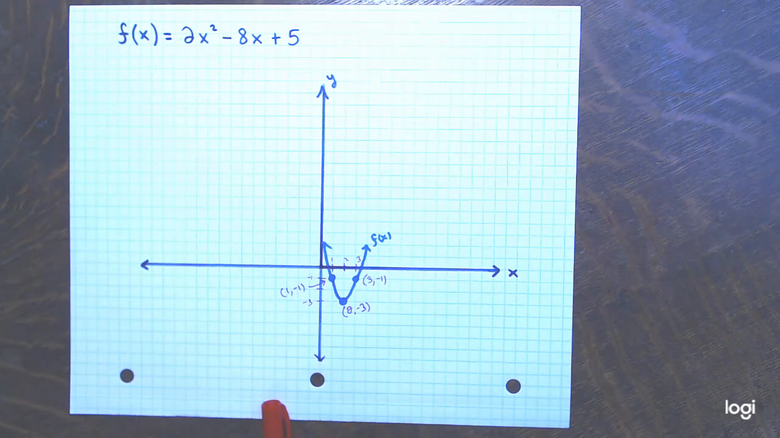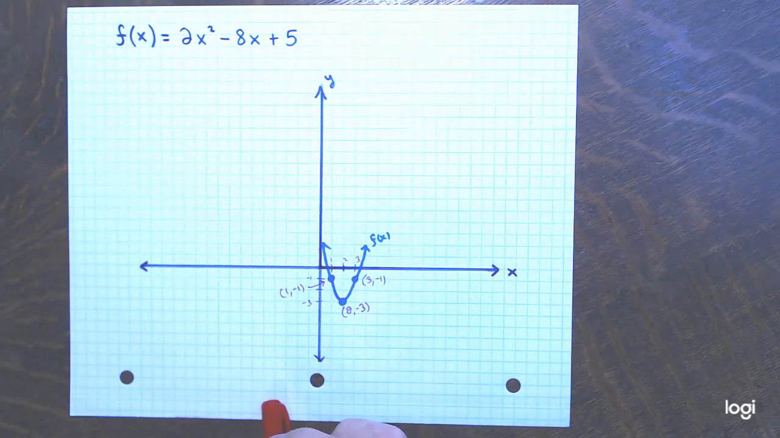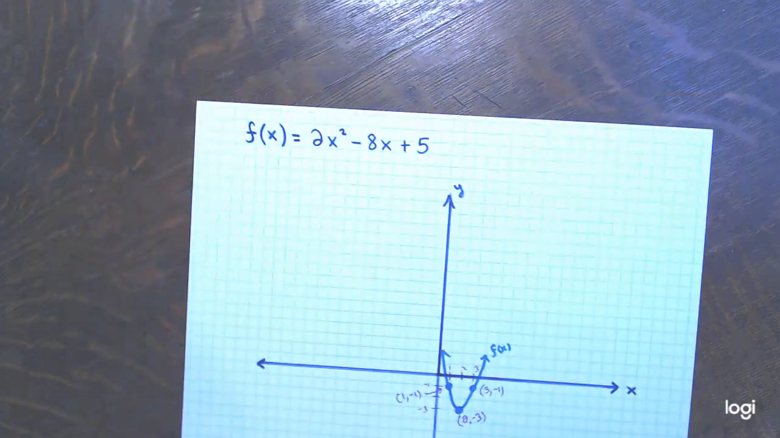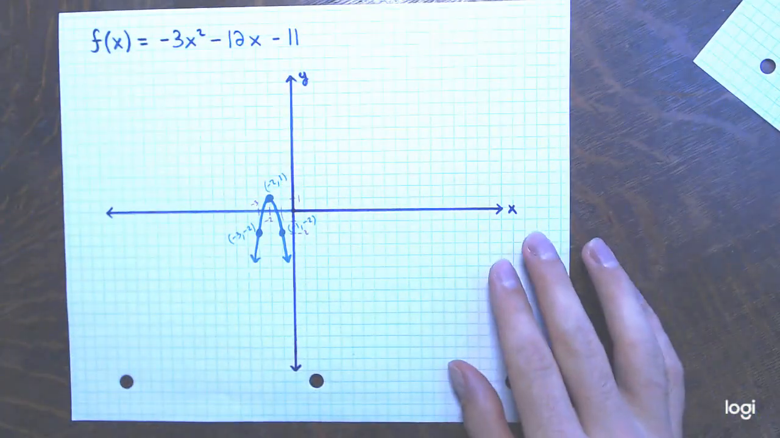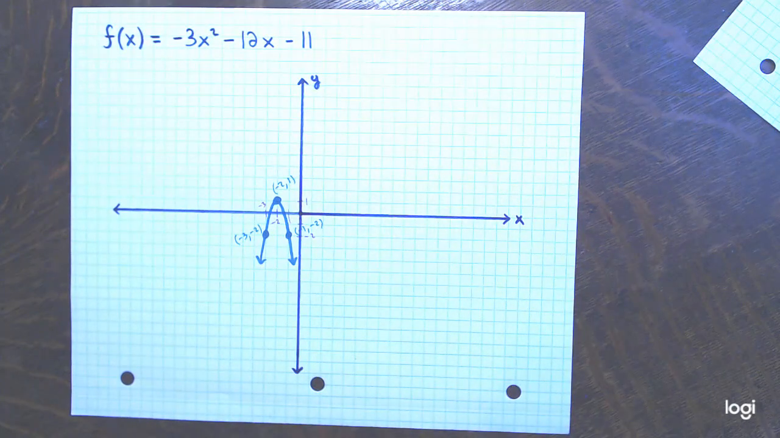All right, and now that I've got the graphs up, we were asked to find the domain and the range of these functions. So I'm going to go back to that first problem. Here was the final graph from the first one. F of x equals negative 3x squared minus 12x minus 11. Remember, the domain